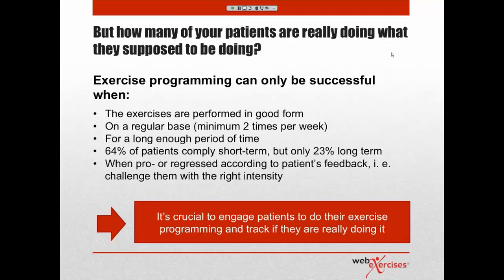So as we look at how to do this, how do I become successful at that? Well, there's a couple key points, and I'll show you these as we get into the program. When you give an exercise program, we want to make sure everybody does it in proper form, where they know what they're doing. The number one cause of injury is a history of an injury in that same area. And the number two cause is asymmetries, which is compensation. And so when people have pain, they compensate. That's why when they come in for care, we want to make sure that you work with them so they're doing the exercises properly in good form, and then they have something to refer to, what is that good form, when they're out of your office.